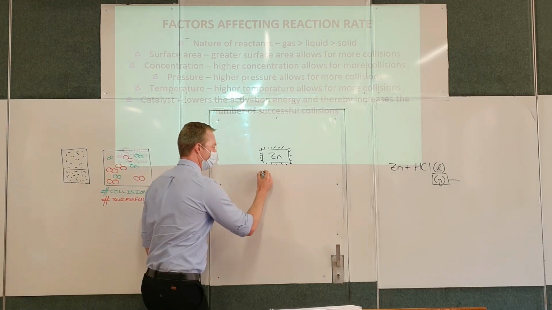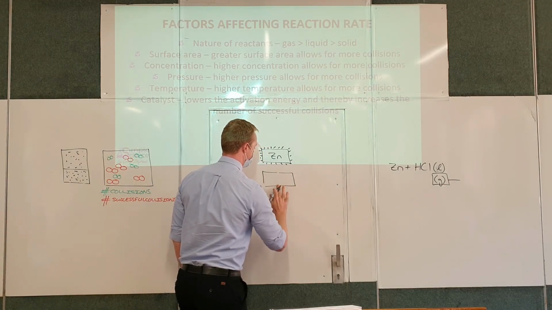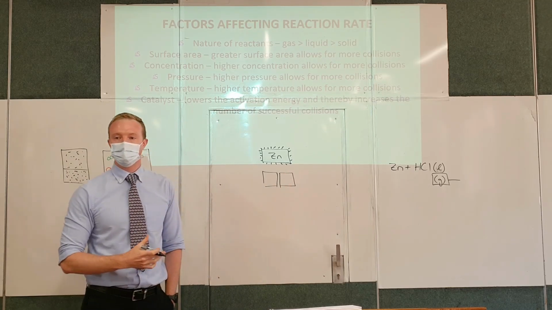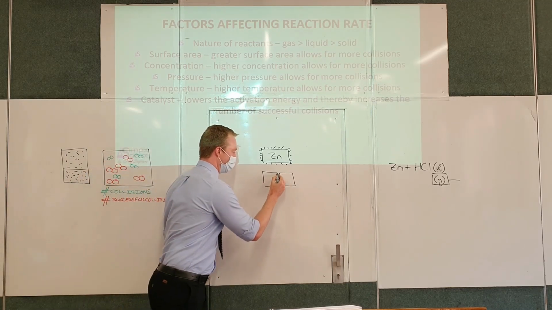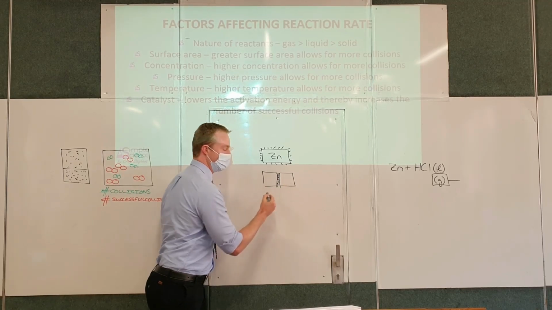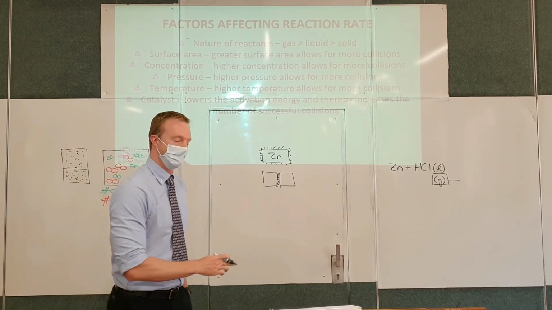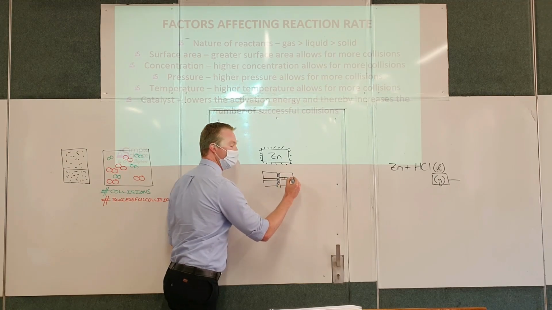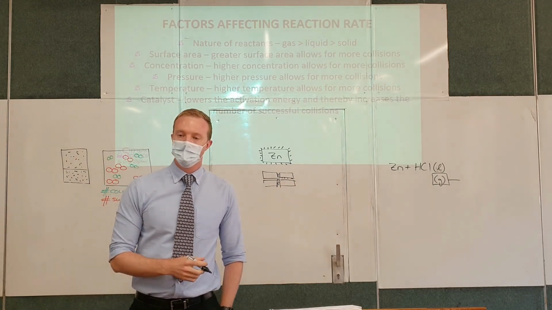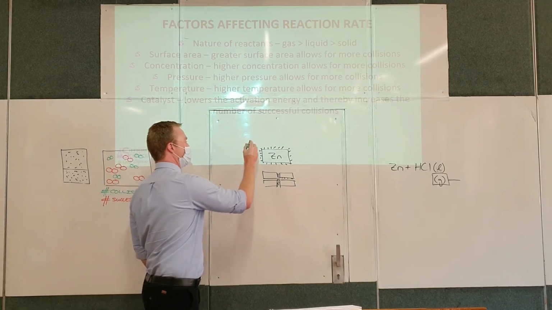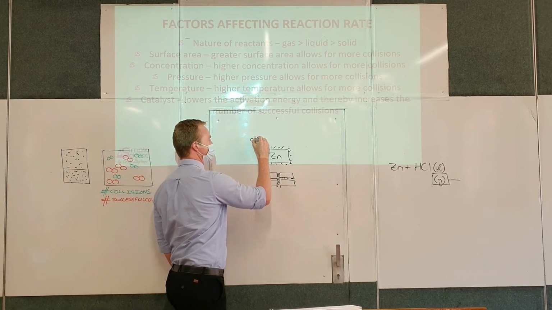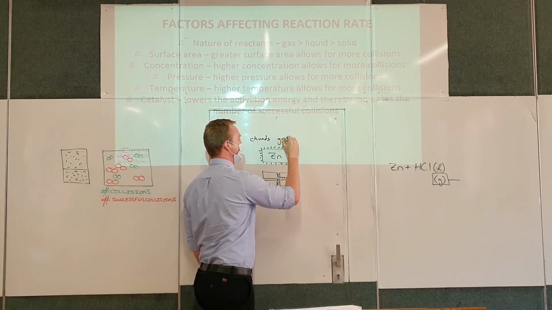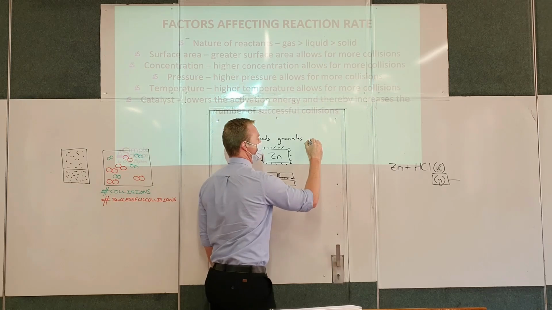So if I were to cut that in half, I haven't changed the amount of substance at all. What I have done though is I've added an extra surface on which collisions can happen. So as you continually make this smaller, you're increasing the surface area. Which is why when you're asked to compare zinc chunks, I think chunks is the word they use, to zinc granules, to zinc powder,